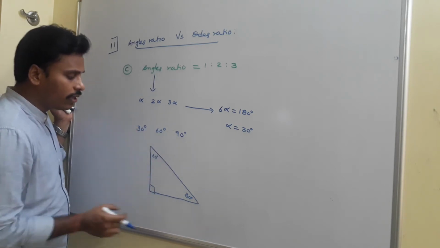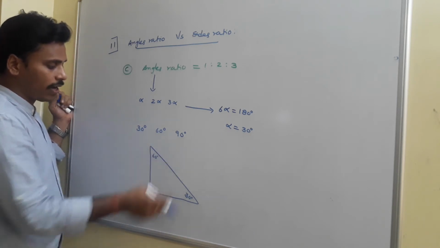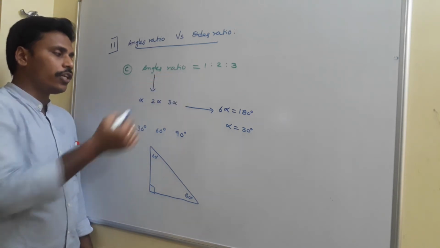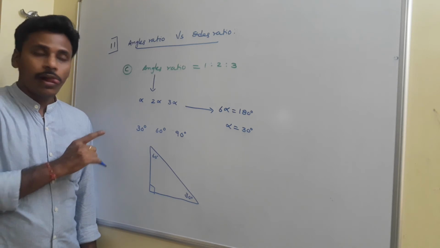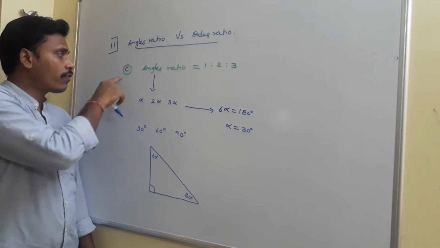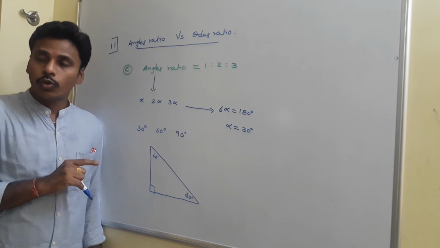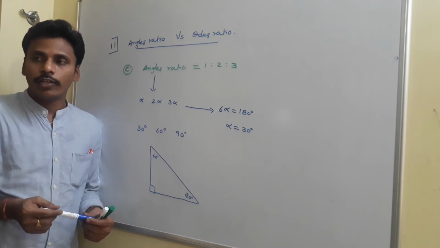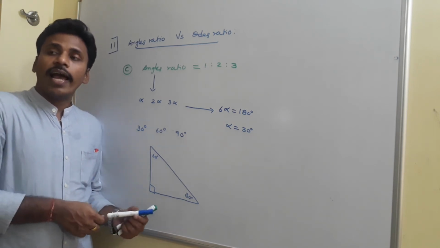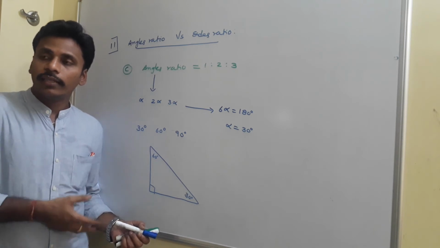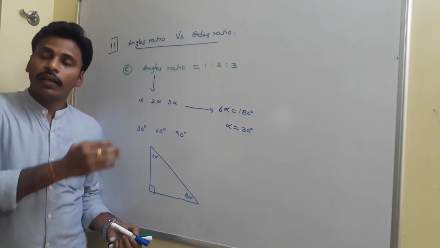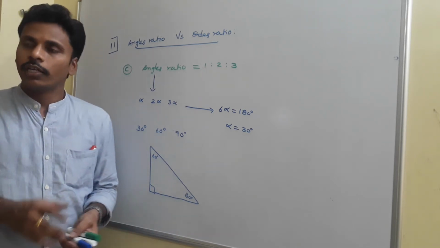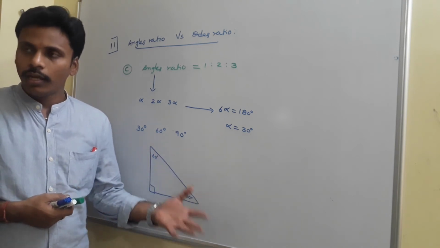You need to calculate the ratio between these sides of this triangle. What I am going to tell you is, angles ratio is 1 is to 2 is to 3. For the first triangle, we discussed 3 points. For the first point, angles ratio is 1 is to 1 is to 1. The triangle becomes equilateral and it is easy for us to finalize the sides ratio as 1 is to 1 is to 1. And for the second triangle, angles will become 45, 45 and 90. Then the triangle is isosceles right angle. Since it is isosceles, you consider 2 sides as a and a. Automatically by Pythagorean result, you get the third one. That is also somewhat easy with the Pythagorean result.